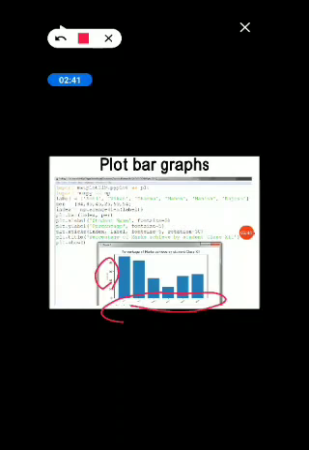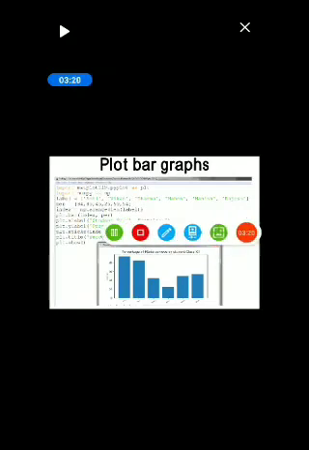The font size parameter will tell you how big they will look. Then we are giving the xticks function, which takes 4 parameters: index, label, font size and rotation.